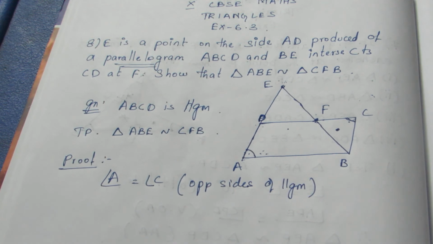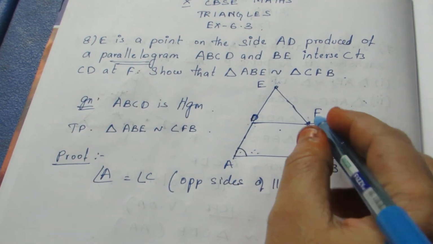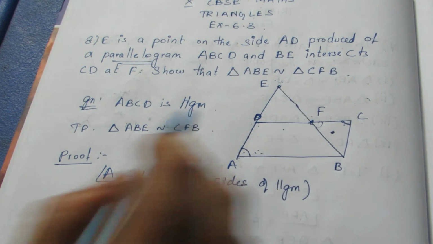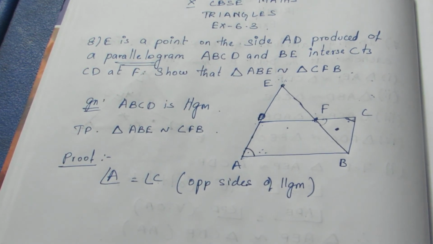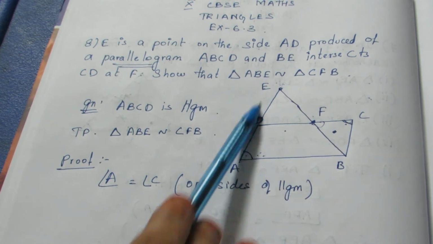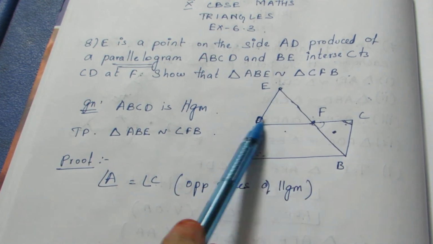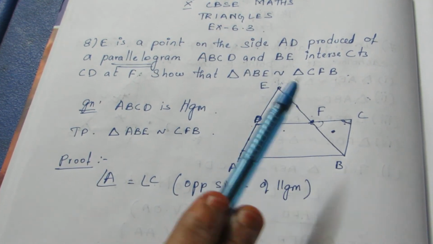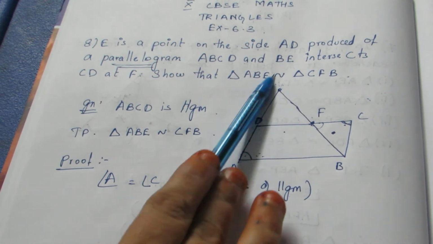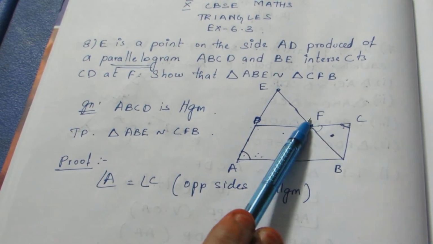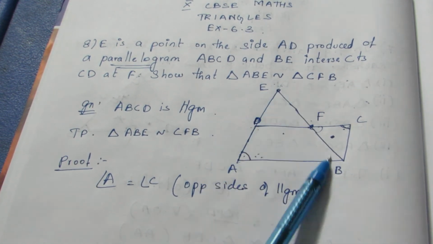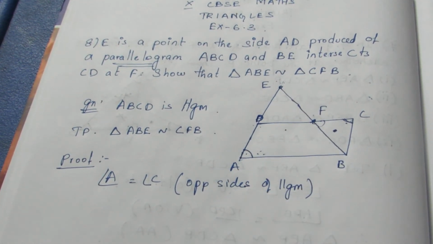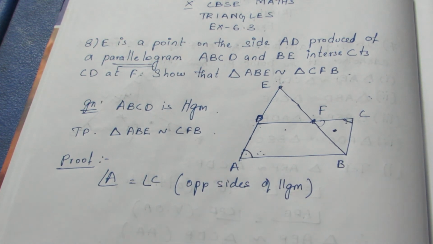Now the second point, taking these two triangles, immediately you can't say these two are vertically opposite angles because we are taking triangle ABE, which is a bigger one. We don't have an intersecting line in it. So we want triangle ABE as well as triangle CFB. In F we have this angle, but in triangle ABE we don't have this angle. So we need to think of another one.